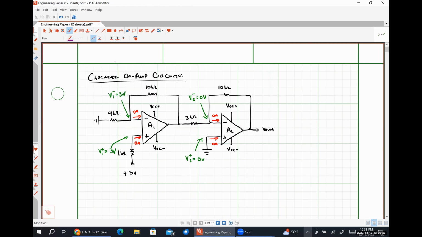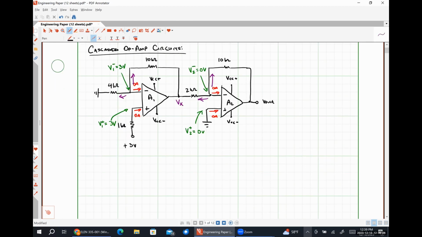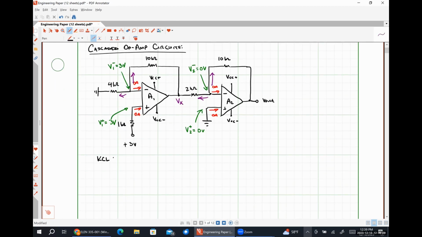And now we're going to wind up applying Kirchhoff's current law here, as well as here, to get our relationship for our output voltage. So in order for this to work, I am going to just call the voltage here with respect to the ground Vx, just because I need a label for this voltage to use in my KCL equations. So applying KCL at the inverting input of op amp 1,